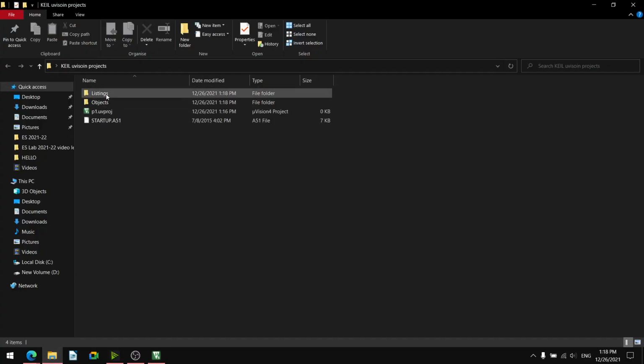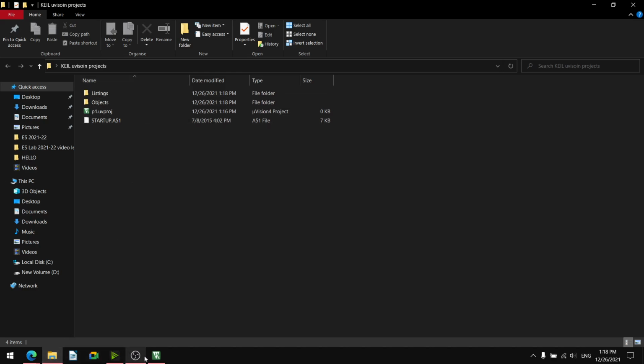The folder has created listings, objects, p1.uvproj and startup.a51. Startup.a51 is an A51 file, and P1 is a Microvision project file, so its extension is .uvproj and startup has the extension .a51. The object files will be stored in the objects folder and listings in the listings folder.